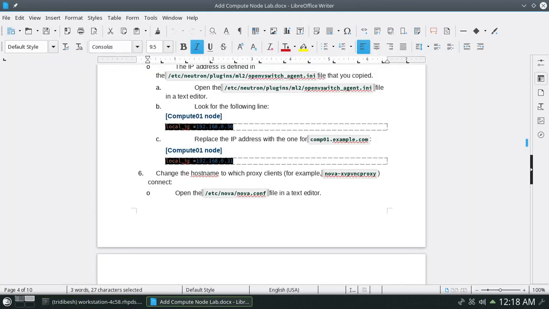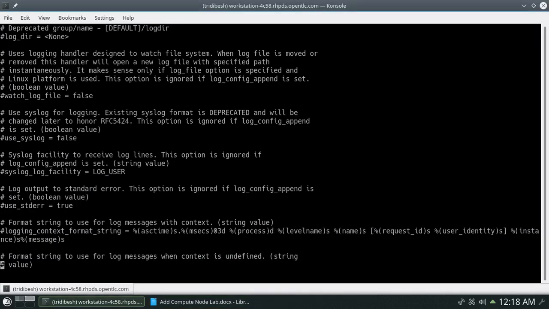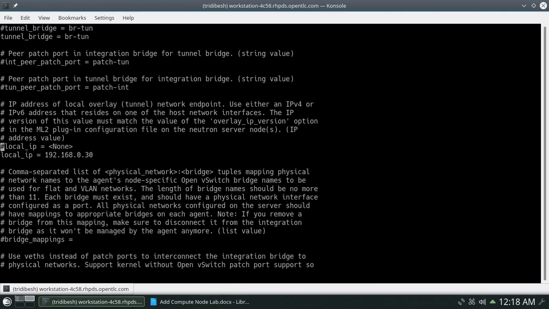Let's look for the particular setting called local_ip. In the local_ip, here you can see it is 30. For us it is 31 in the compute 01 node. So make the change in this part, save it and come out.